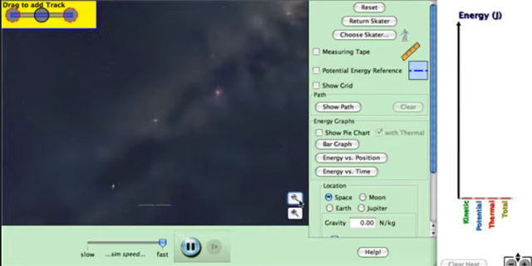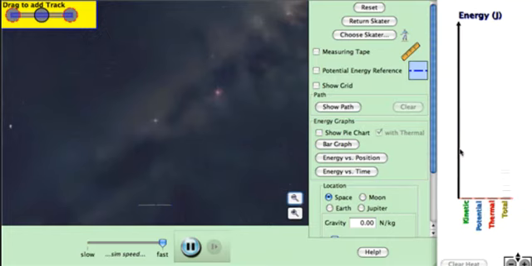I'm going to bring my little skater, I'm hitting the up arrow and the left arrow, and I'm going to kind of bring him over to the side here to demonstrate what I'm talking about. Don't lose him. Okay. Now if I hold the arrow key down, I can give this guy a lot of energy. And you can watch the kinetic energy graph over here as it goes up, as this force, the rocket, is being applied over some distance.